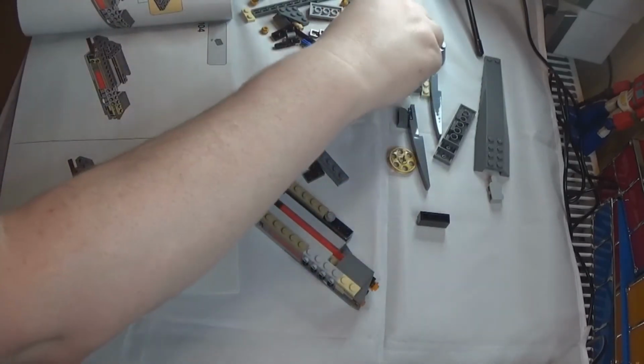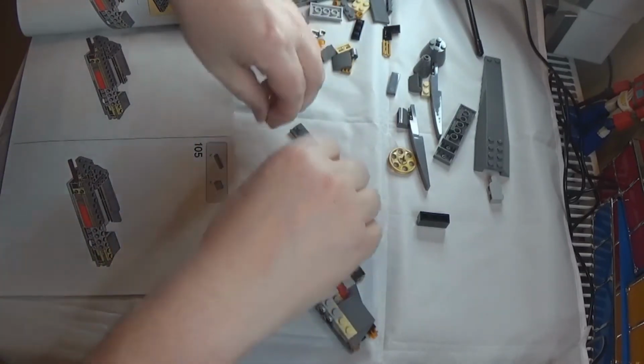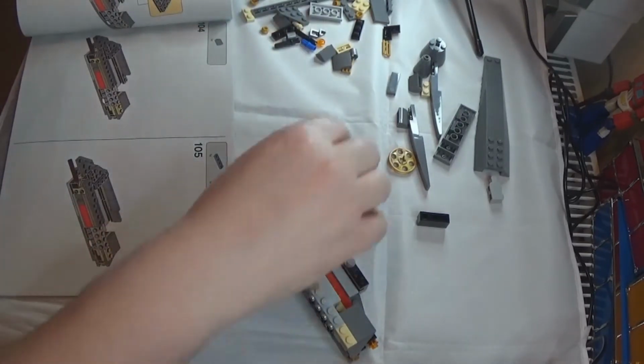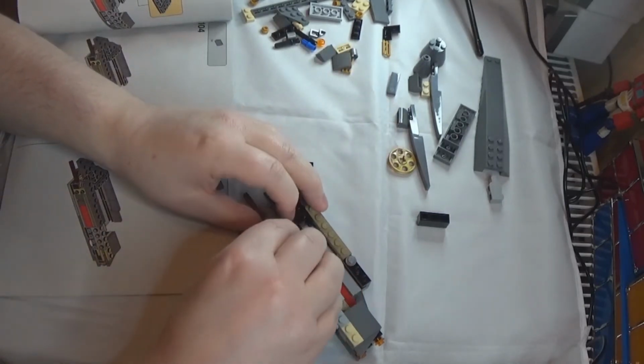We are getting pretty close to the end of this bit, and it's going to be one of the wings, obviously. Where are we? That bit goes there,